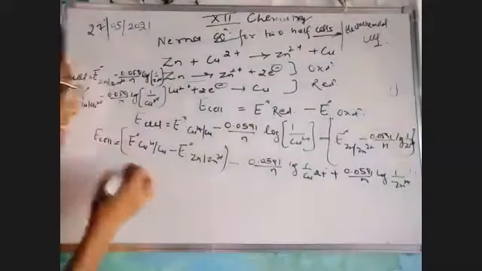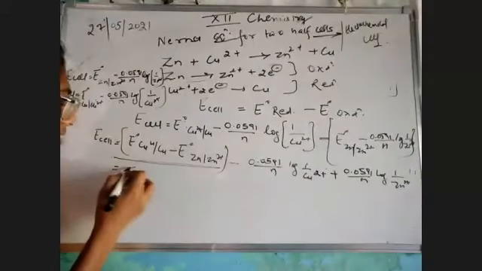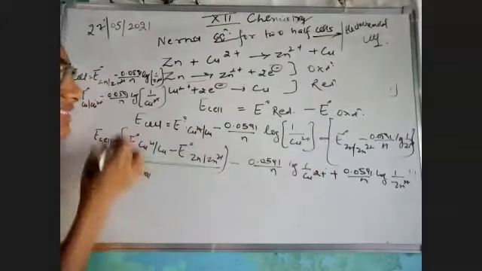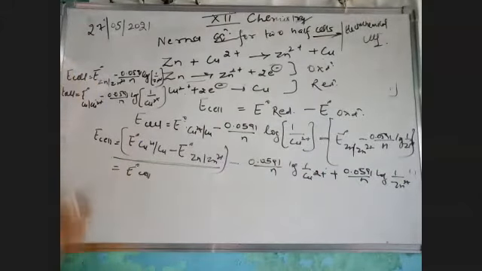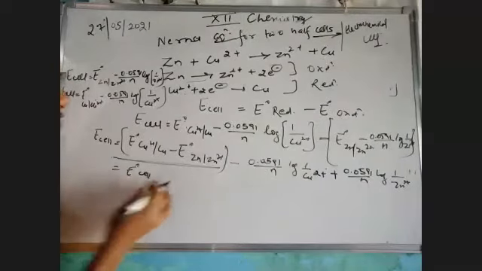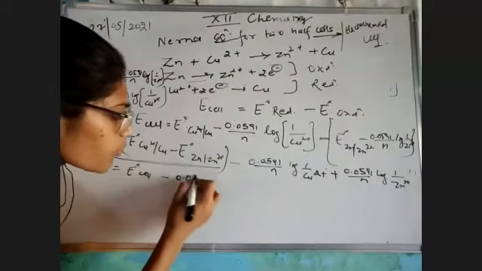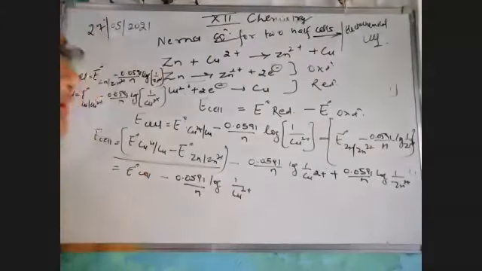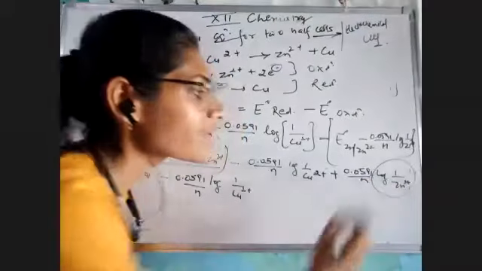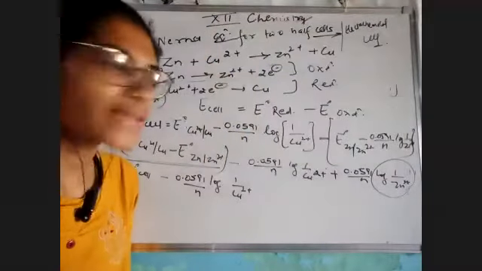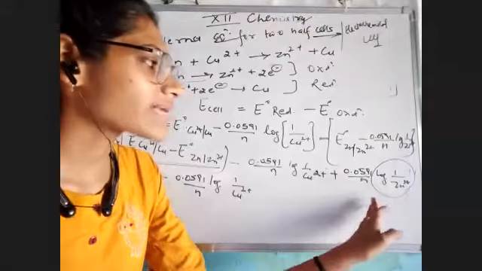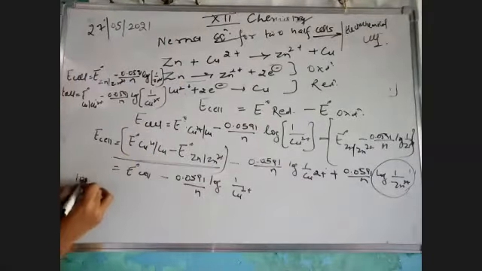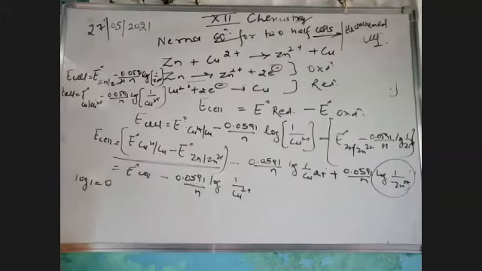Okay. Now this is the definition of E naught cell, because E naught cell equals E naught reduction minus E naught oxidation, and this is a complete cell we have taken. So my E cell has now become E naught cell minus 0.0591 divided by n log 1 by copper 2 positive. And what would we do with this particular case, Vijay? We know very well that in this case, this is my log 1 and log Zn2 positive. If we solve it, log 1 is equal to 0.